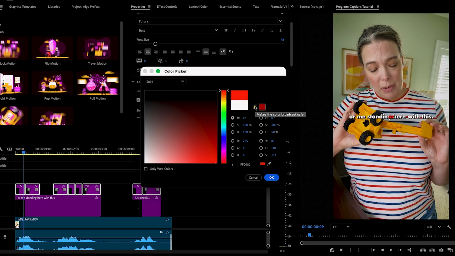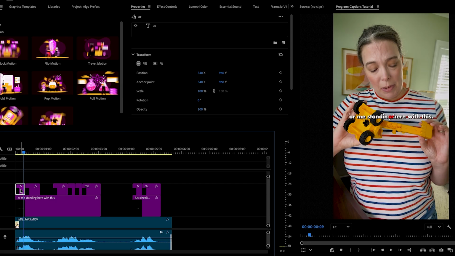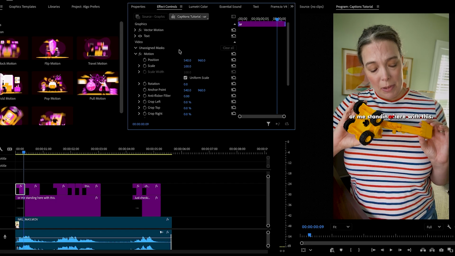I'm going to click Makes the Color Broadcast Safe just to be sure. Click OK. And now you can see all of this text is red. Now all I need to do is select one word at a time. I'll come over to Effect Controls, and I'm going to change the position of that text.